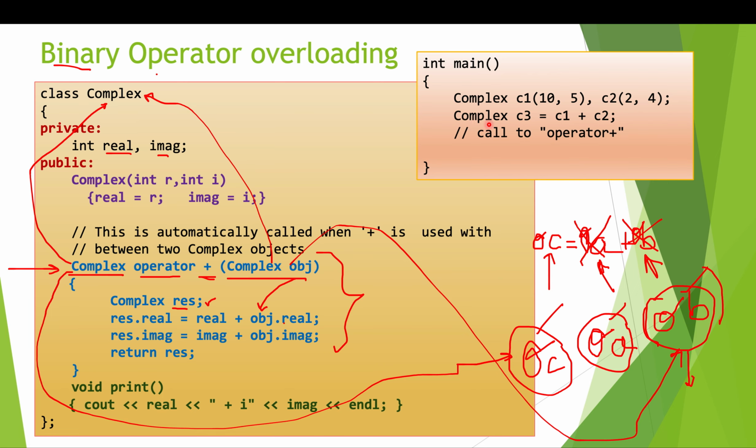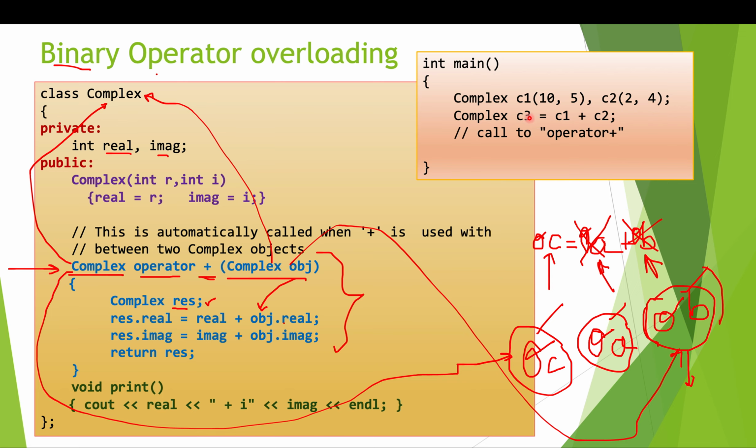So this is how the call for the function operator plus is performed. This plus symbol, when you are writing here, is very dynamic in nature, and what it is doing, it is calling this particular function, that is operator plus function. So once this line is executed, what will happen? The addition of the real as well as imaginary parts of C1 and C2 will be done, and it will be stored in the variable, or you can say the object name, C3.